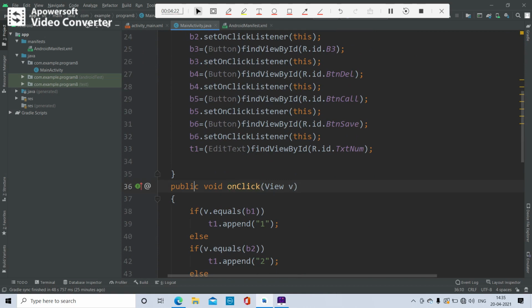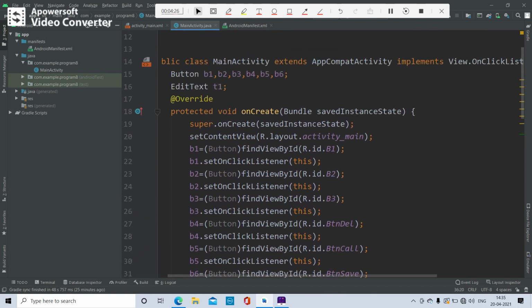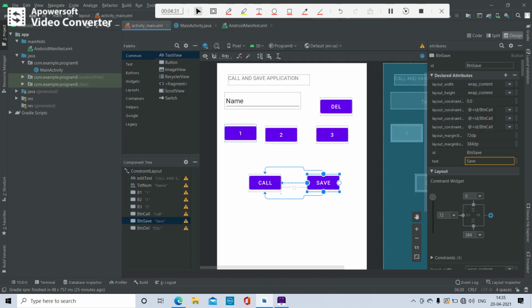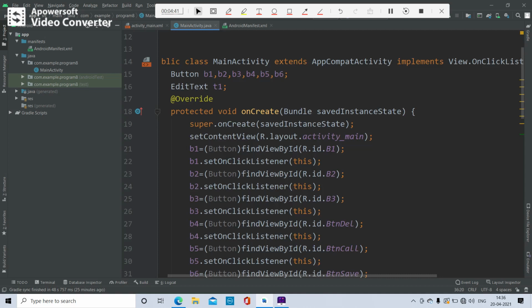This onClick function we have to implement. Before that, first, whatever button objects we have created, B1, B2, B3, BT and DL, BT and call and BT and save, we have to map. This button interface we have to map to the button objects.